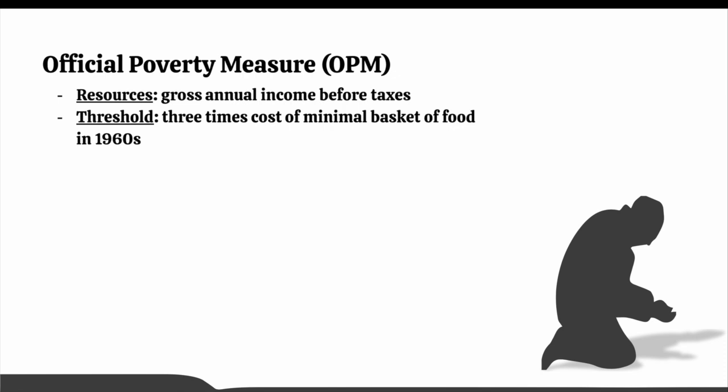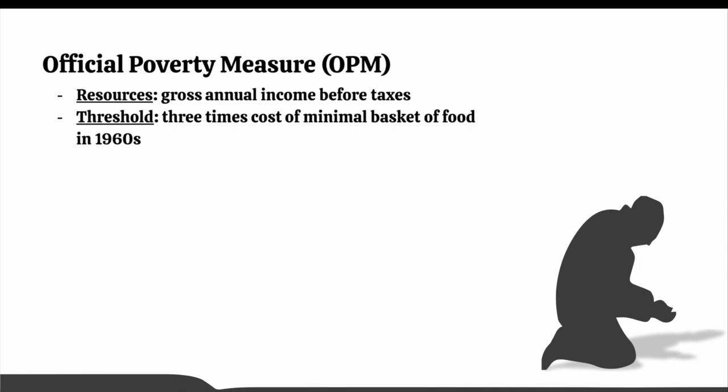The OPM has several drawbacks, though. One of the most significant drawbacks is that it does not consider diverse family households, such as families with foster kids. Another drawback is that it does not take into account debt. Robert Rector, a research fellow at the Heritage Foundation, criticizes the use of the OPM in the U.S. He says that it displays an inaccurate representation of poverty.